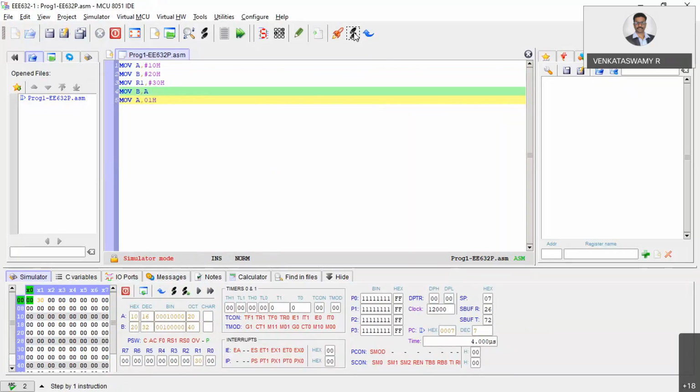If you see on the left hand side, 30 is there, in orange color, at 0030 in that memory block. That is basically the internal memory. The location address of R1 is basically 01. Let us see what happens. Run next.